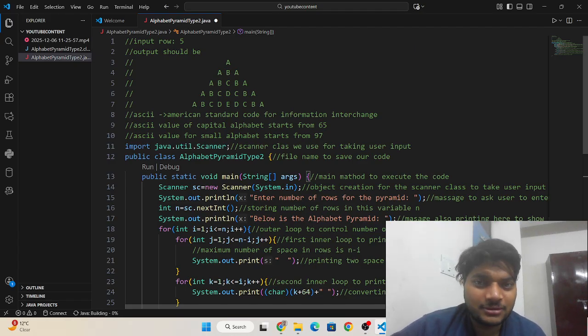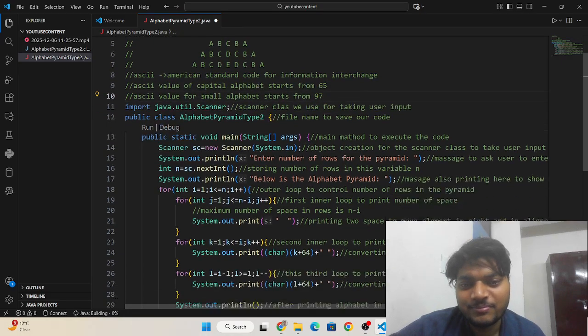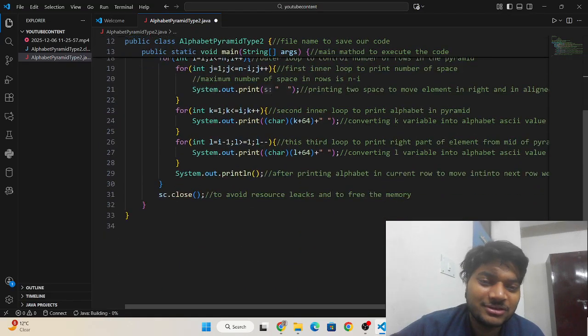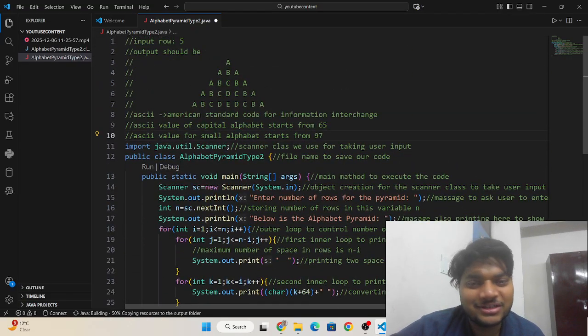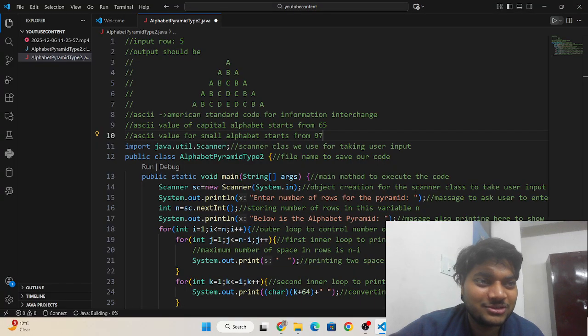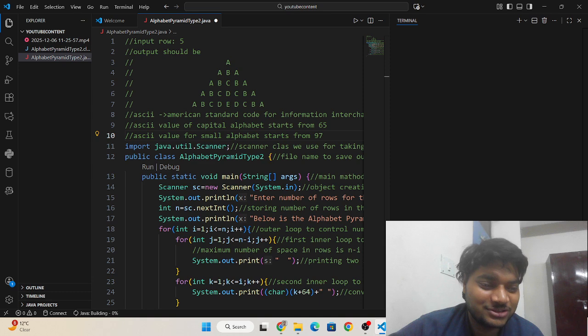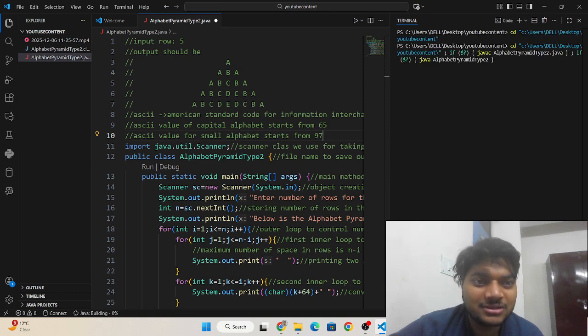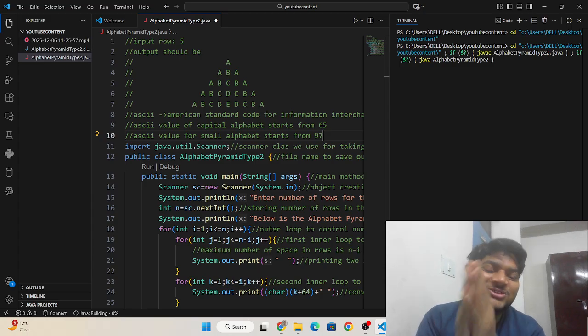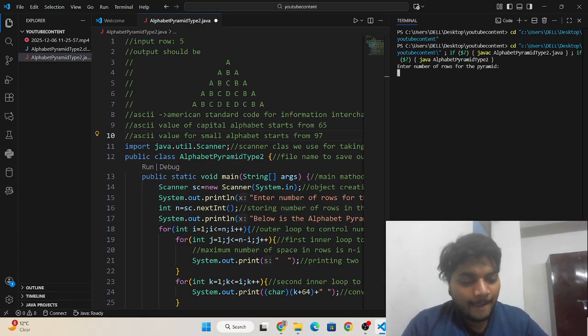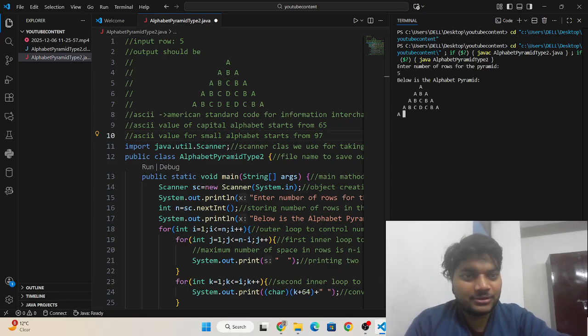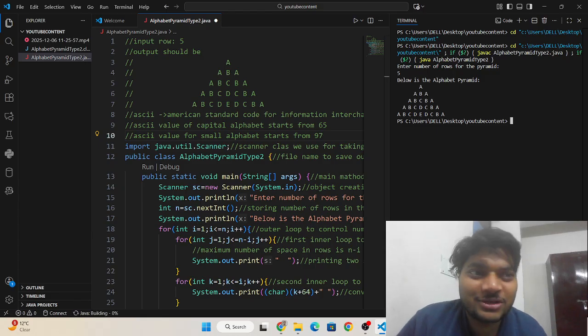This is the problem statement, this is the ASCII value logic, and this is the code comment I have already written. I'm going to execute it once and then I will close this. Enter 5, you can see our code is working perfectly.